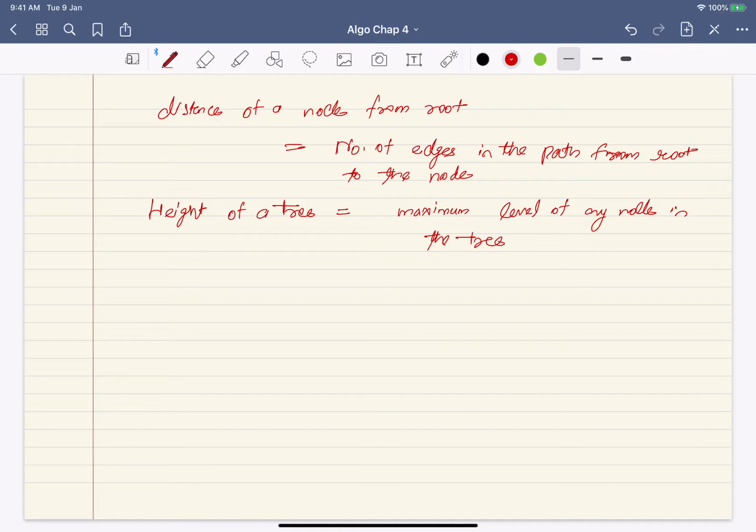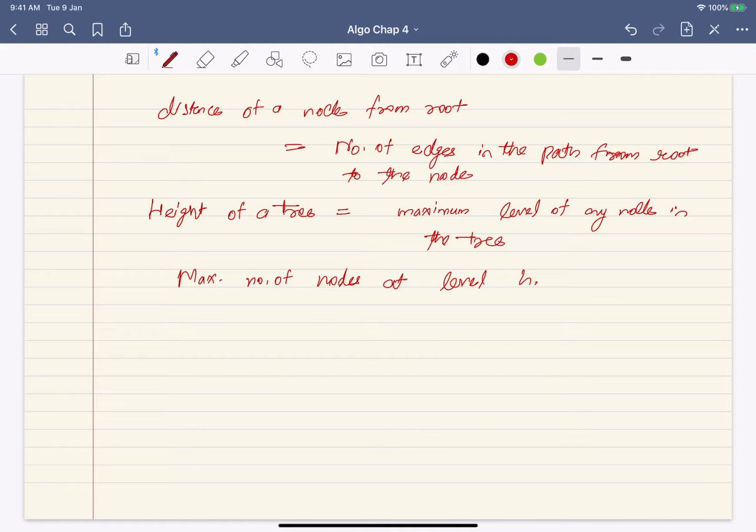Now we can compute some other properties. For example, can I tell what is the maximum number of nodes at label h? How many nodes can a label have? That is very easy.